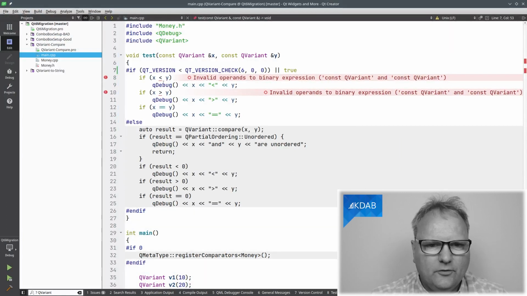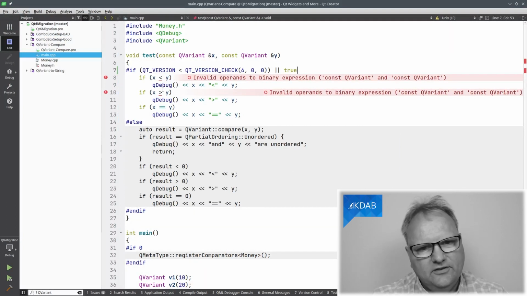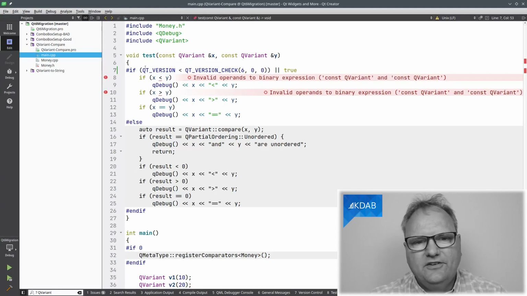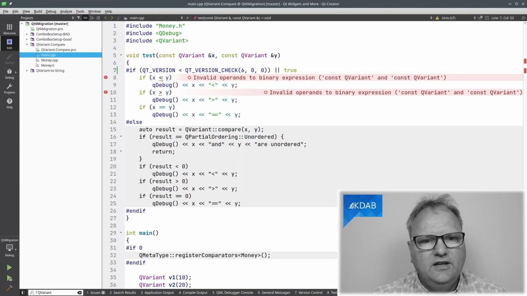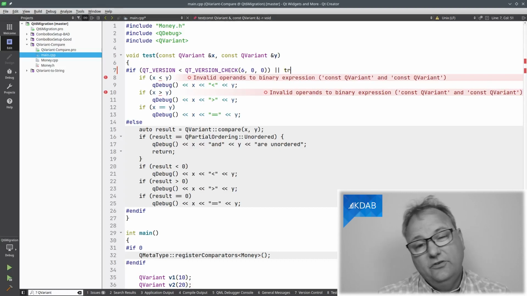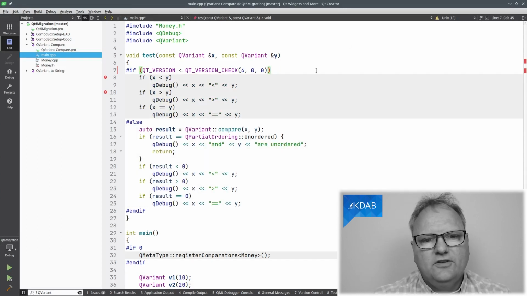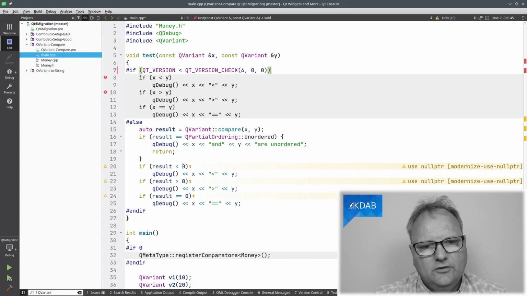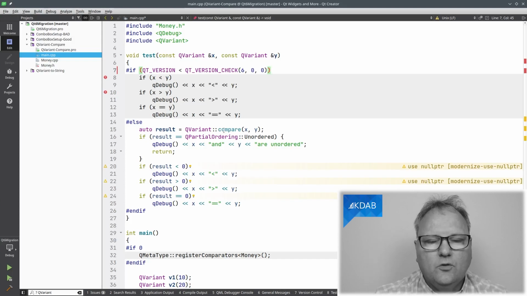Here I have some tests for do this for Qt 5, do this for Qt 6, and just to show you what happens in Qt 6 if I do the Qt 5 way, I now have this if test up here, or true, which means that with a Qt 6 compiler, it will also do this code here. And as you can see, it simply complains that x less than y does not work for two QVariants. They simply entirely removed that. So the cure to that was, well, I needed to do this in Qt 5, and then in Qt 6, what I need to do is to call compare.